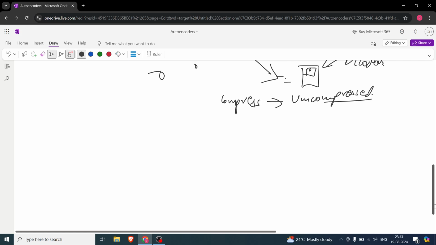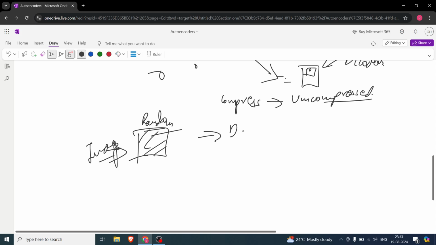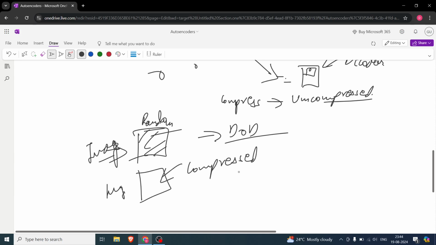But again, it's not a guarantee, because what if you just trained your neural network on one image? Then it's not a compressed version, it's basically random. Just one image for one epoch is not going to do anything. So it's not a do or die statement. But let's say you have a good enough neural network that is trained on a good data set, you can say it's a compressed version of your data set. Doesn't matter what it is.